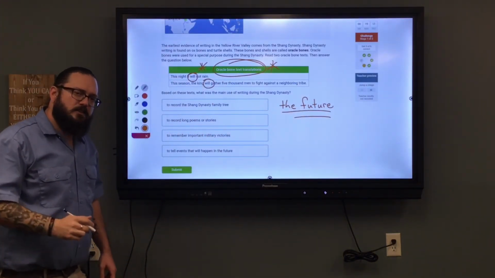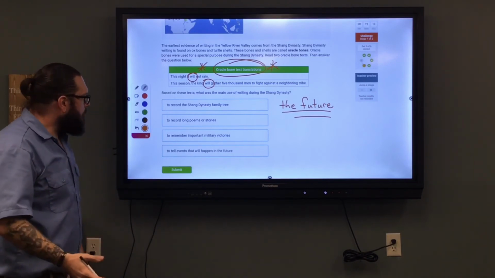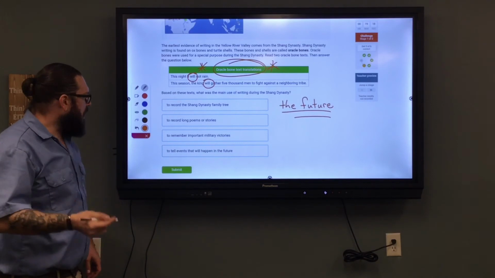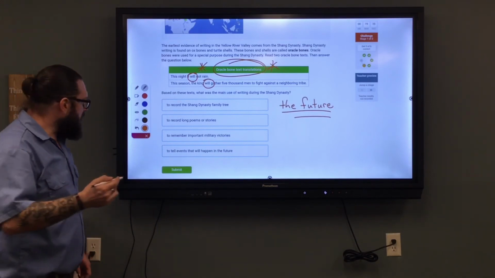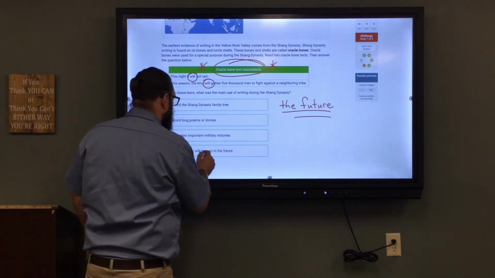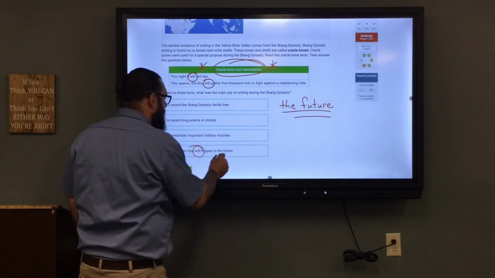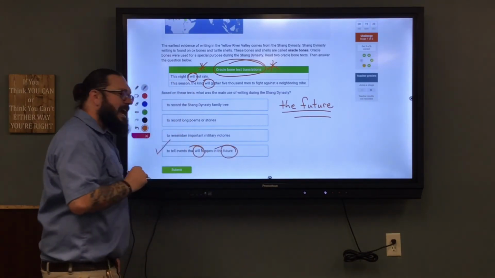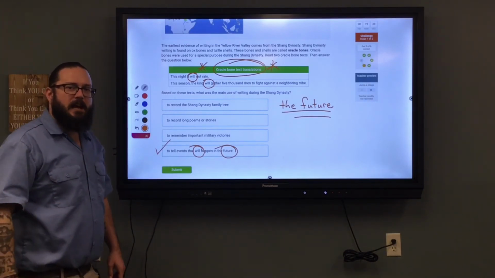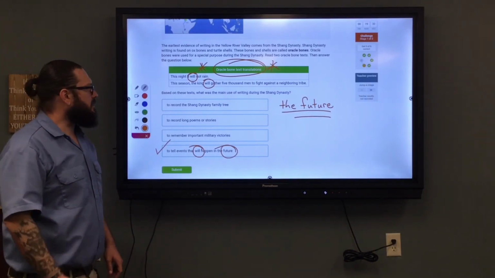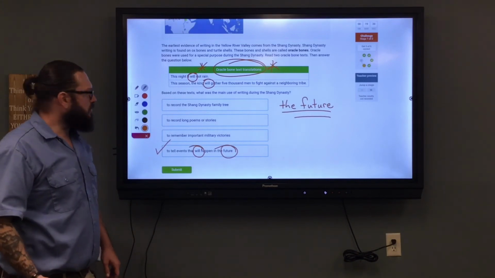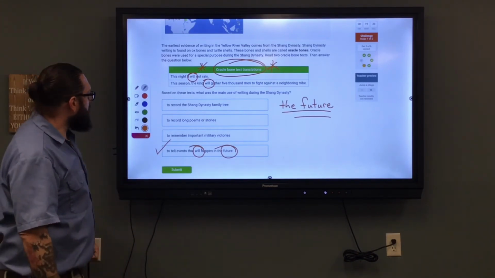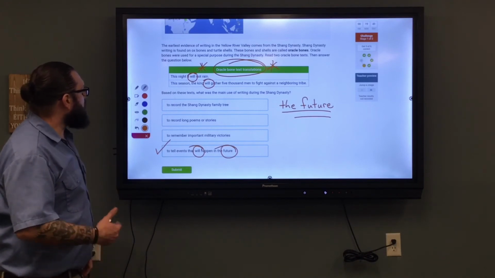Based on evidence, we can infer that the main use of writing during the Shang Dynasty is our last answer choice, to tell events that will happen in the future. So that is our best inference based on the information presented. If we look at the others, just to quickly rule those out to make sure, to record the Shang Dynasty family tree,